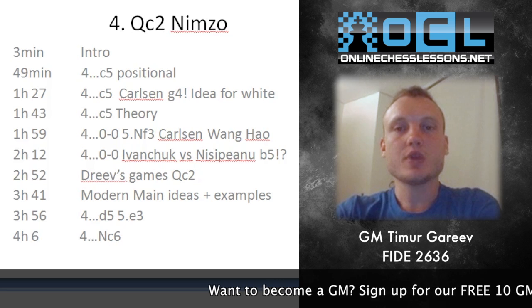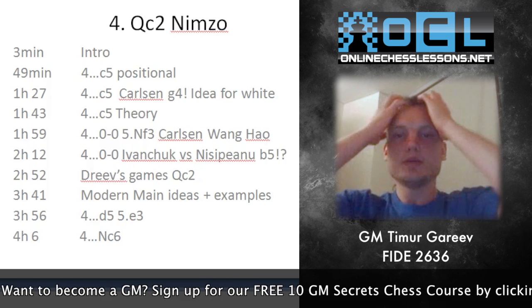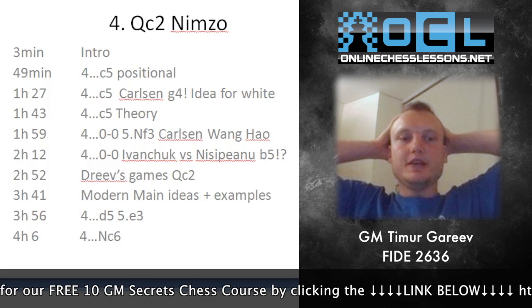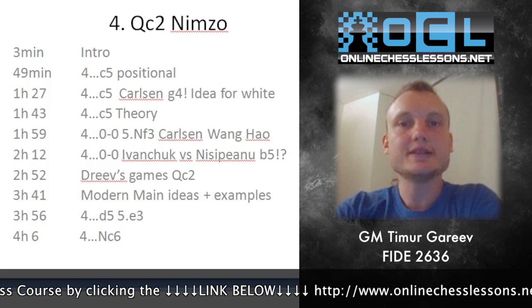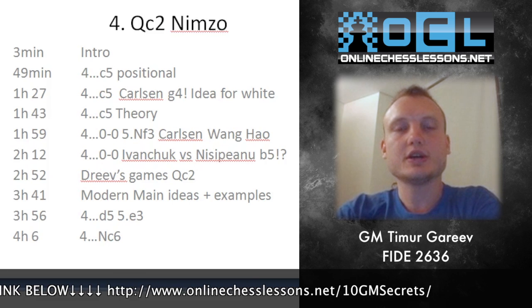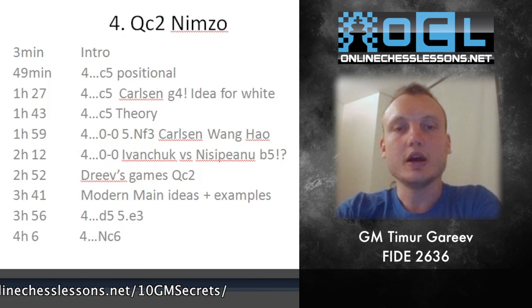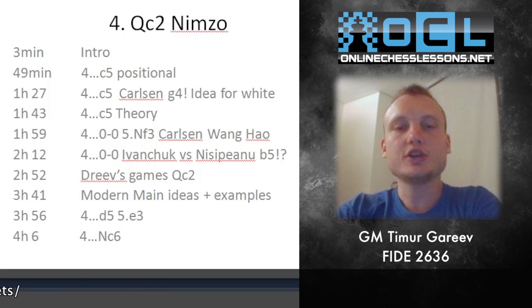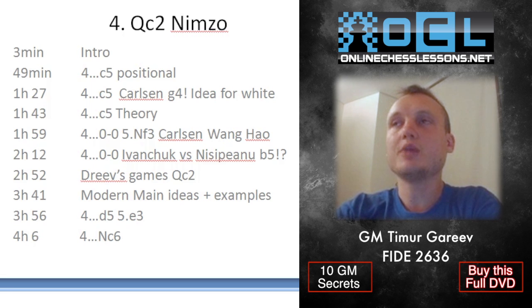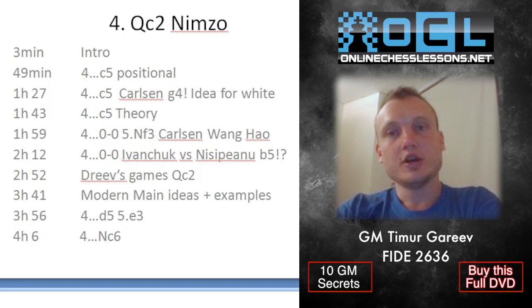Today we'll see Qc2 Nimzo. That's the modern approach to facing Nimzo defense, and it's been played by players such as Kasparov and Carlsen. So it's a major continuation which relieves us of pressure to face all the many options when we play knight f3, going towards Queen's Indian possibilities, Ragozin, all those many opening systems that we could actually avoid by playing one of the Nimzo systems. And Qc2 is really at the